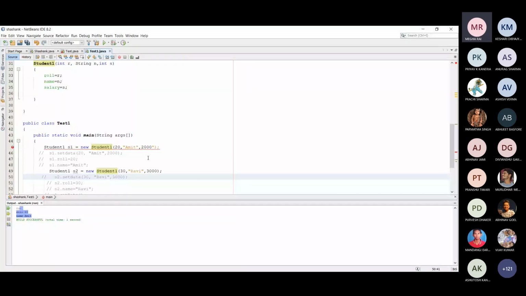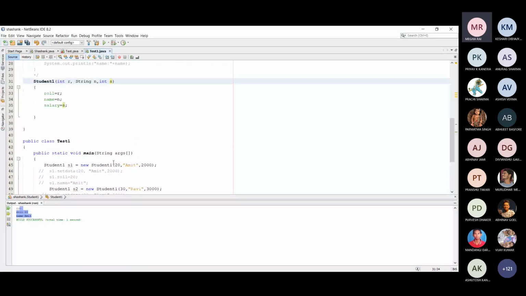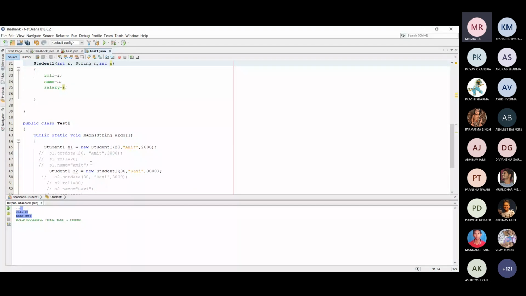Inverted commas, comma, fine. So here you can see that 20 is assigned to R, Amit is assigned to the string, and 2000 is assigned to S. In this way, a parameterized constructor is called and S1 and S2 objects are initialized, referred to by S1 and S2.